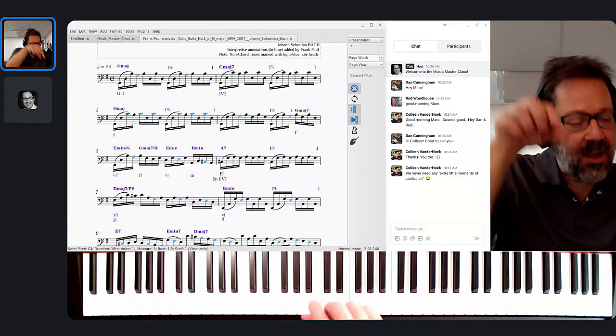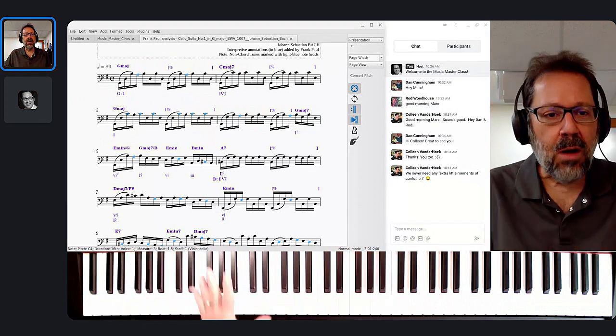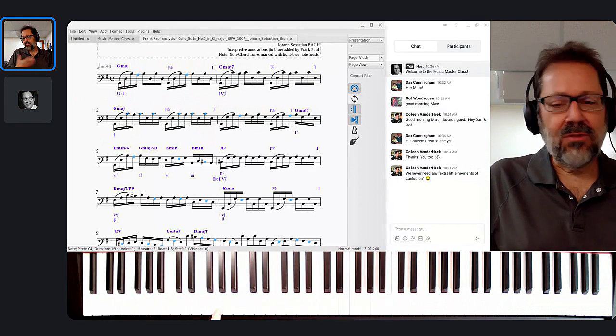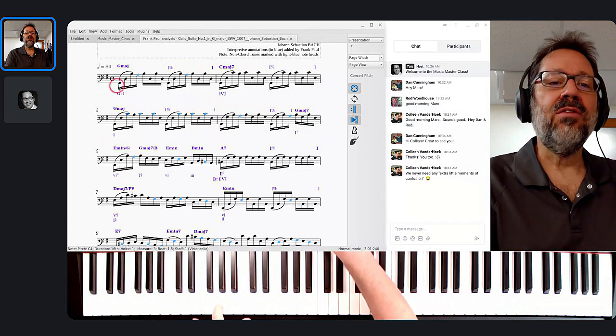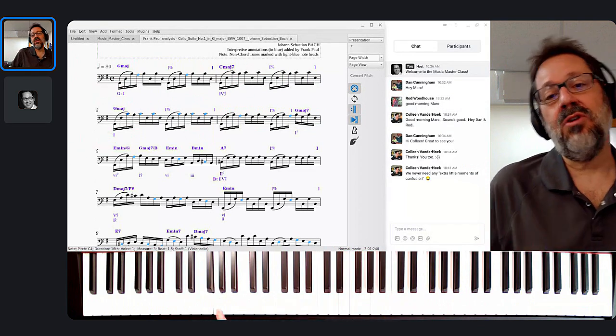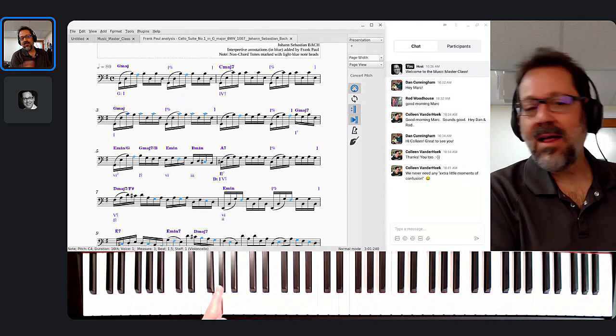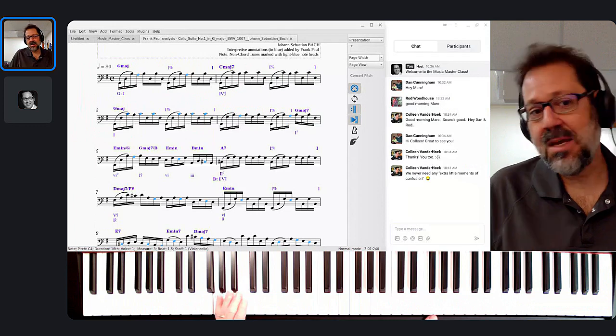Arpeggiating the chords. Pedal tone, right? We're just holding that G while playing the chords on top. So that's what pedal point is, and that's what's going on here. This is just a G pedal point. So I don't have to think of that G as a chord tone. It's pedal point. So that allows me to not have to worry about that G being, well, the G's not